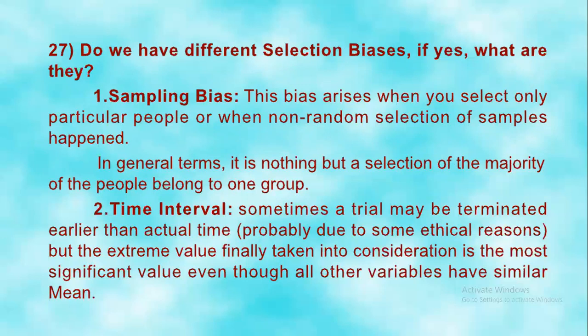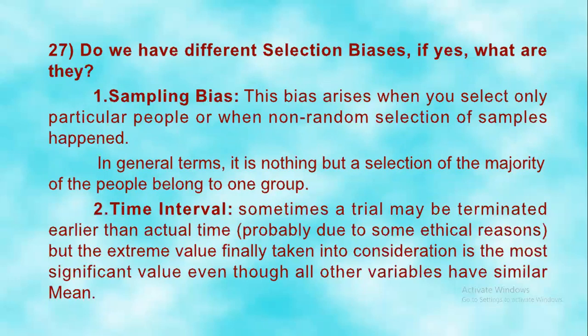In general terms, it is nothing but a selection of the majority of the people belonging to one group. Next one is time interval bias. Sometimes a trial may be terminated earlier than the actual time, probably due to some ethical reasons. But the extreme value finally taken into consideration is the most significant value, even though all other variables have similar